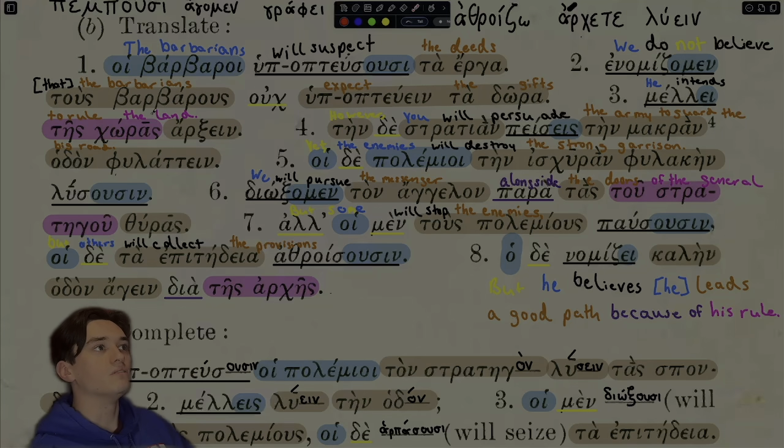2. Enamidzamen tus barbarus uk hupoptuen ta dora. We do not believe that the barbarians expect the gifts. Enamidzamen is first person plural, present active indicative. We believe. Tus barbarus, masculine accusative plural, the barbarians. Tus barbarus is going to be the subject of an infinitive clause or indirect discourse. Hupoptuen is our verb. Since it's in the infinitive, we know that this is going to be the verb directing